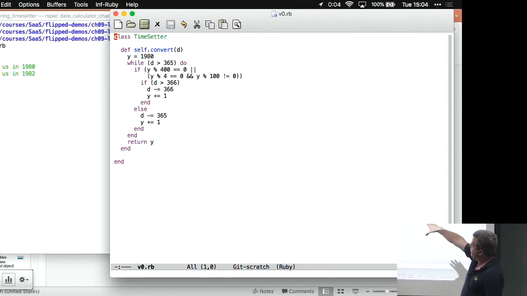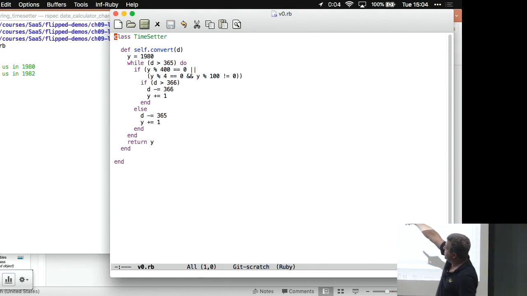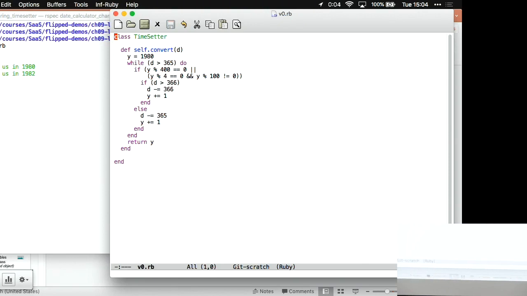There's a lot of problems here. First of all, there's quite a bit of complexity. Just look at how much indentation there is. There's a while loop, and inside the while loop, there's an if, and inside the if, there's also another if. So by the time your brain gets to else, just remembering where you are in the flow is already pretty